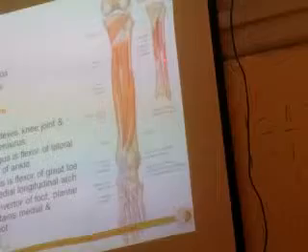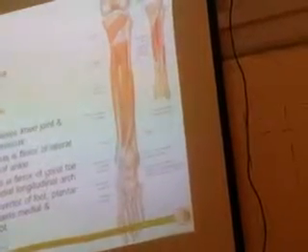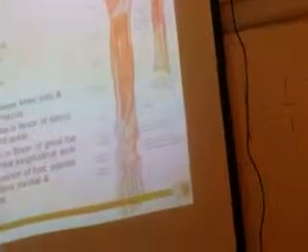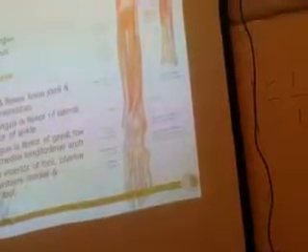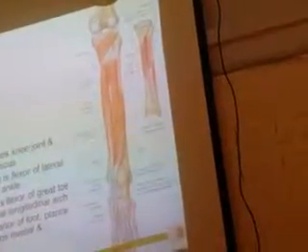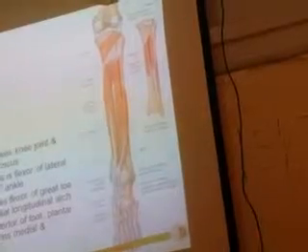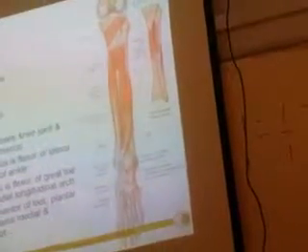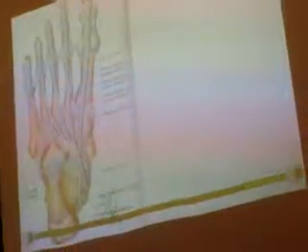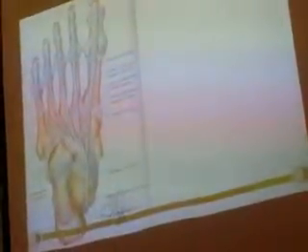If you can see here, this is the flexor hallucis longus origin. It takes origin from the fibula and goes all the way towards the great toe, coming from the lateral and going towards the medial. Then this is the origin for the flexor digitorum longus. It is the same muscle, getting inserted to the base of the distal phalanx. You can see the same tendons here. One is the flexor digitorum longus coming here and dividing into 4.